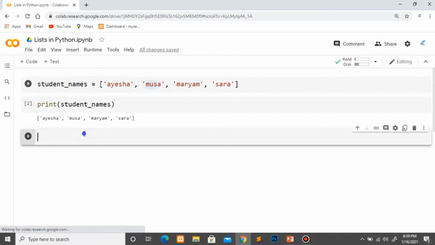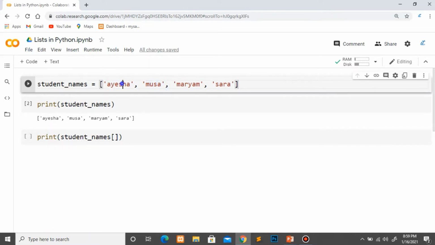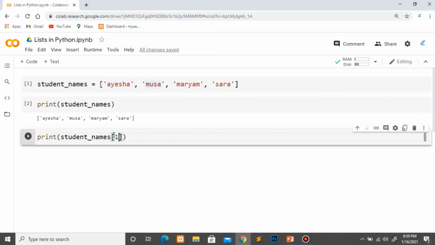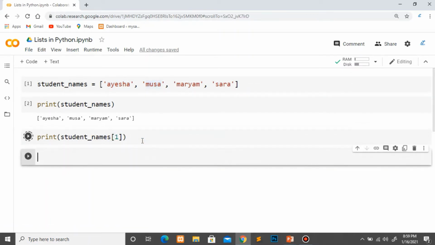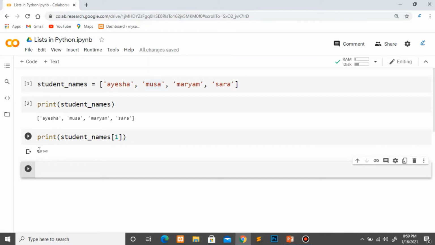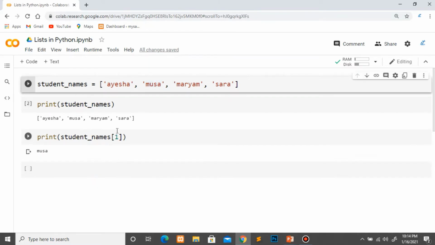So what you can do, you can write it like this, print and then student underscore names, name of the list, and then the index number. So here the index number of Musa is 1. Aisha is at index 0 and Musa is at index 1. So I will write here 1, and when I will print it, it will show me output as Musa. So this is the way through which we can create list in Python.